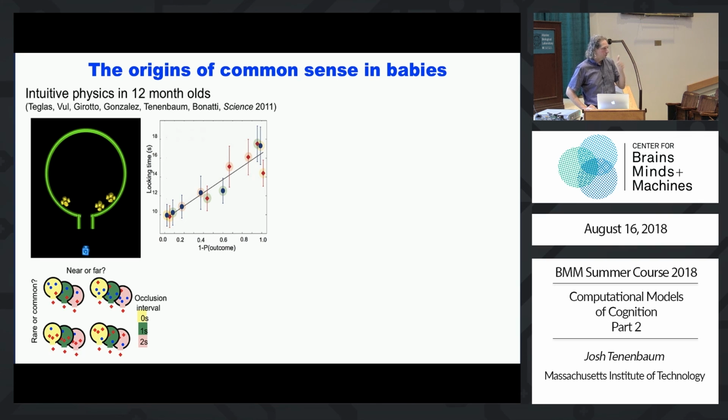You can see the rare one is the 1 type, 3 type. How long the period of occlusion was, 0, 1, or 2 seconds, and where were the objects right before occlusion? Was it near or far? And as a function of those several variables, the rational probabilistic prediction, I mean, any physicist would make the same prediction. It's almost like baby stat mech, but not even very statty. But basically, you can probably see how these would give rise to graded expectation of how likely it would be.